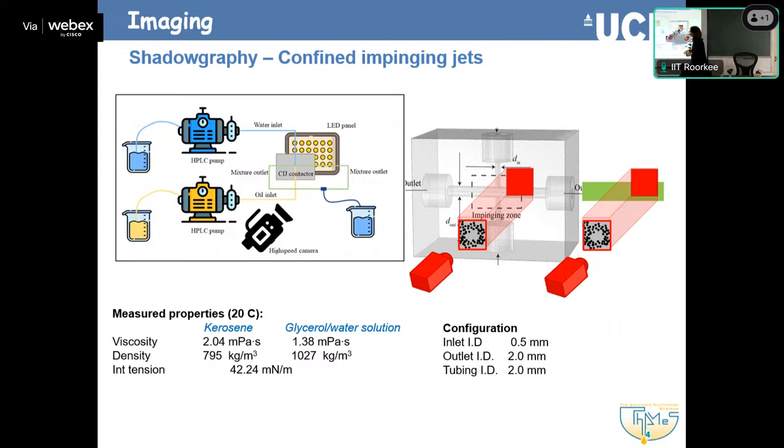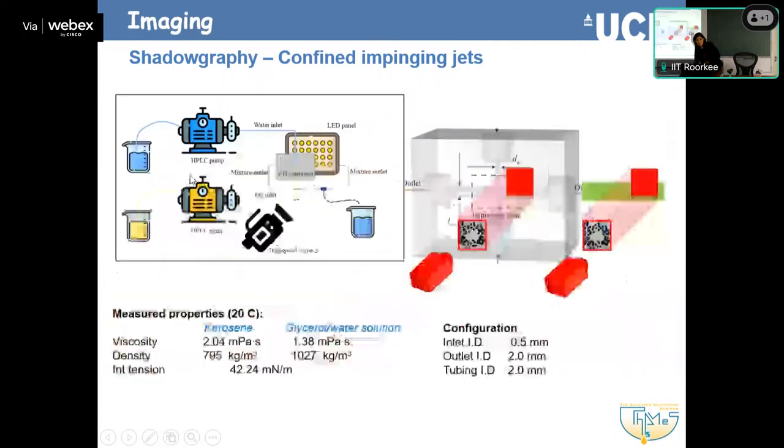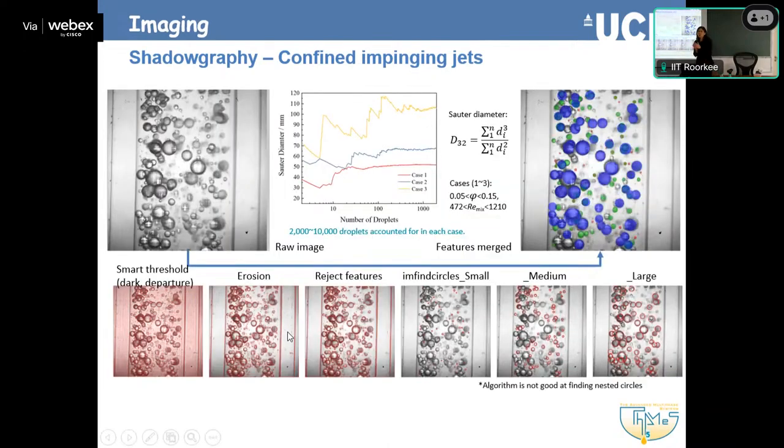But actually, let me go now to the next slide. This is the type of dispersions you get in these impinging jets. So the two fluids come with speed, and then the dispersions go down this way. So if you have worked with large scale flows, or if you have done any classes